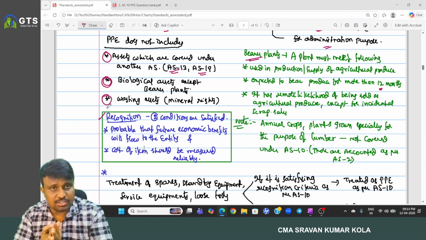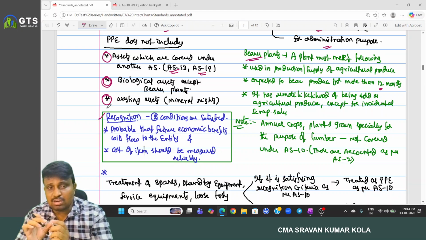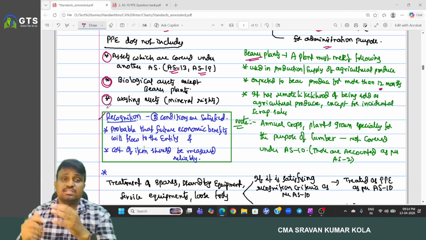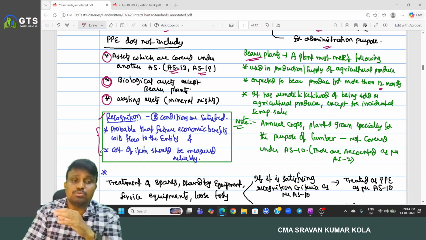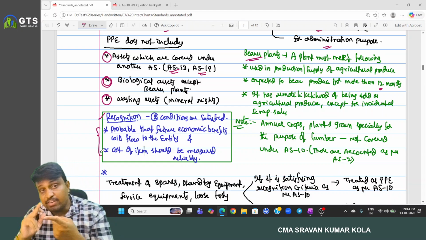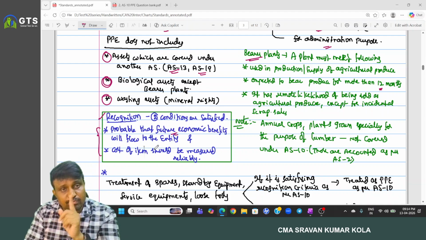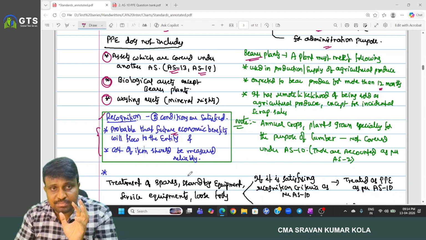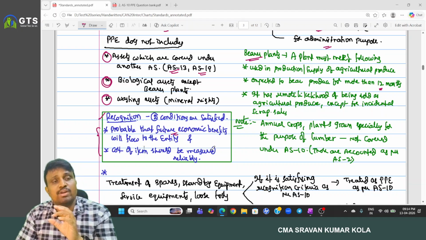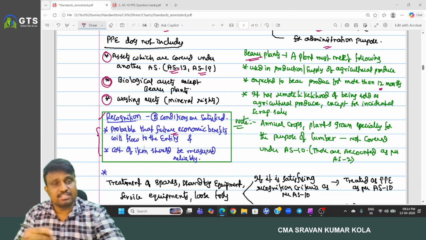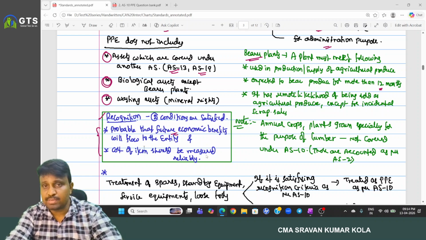When we record the transaction, how do we record it? Those are all covered under recognition criteria. Recognition criteria is satisfied only when two conditions are met. One, it is probable that future economic benefits will flow to the entity, and two, the cost of the item should be measured reliably. If these two points are satisfied, then we can recognize the asset as PPE as